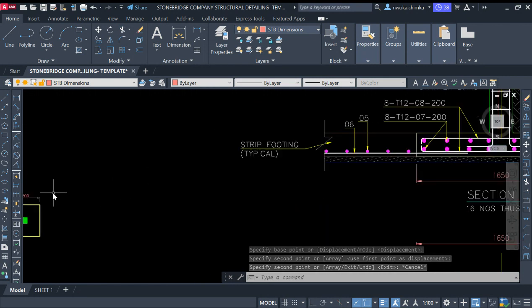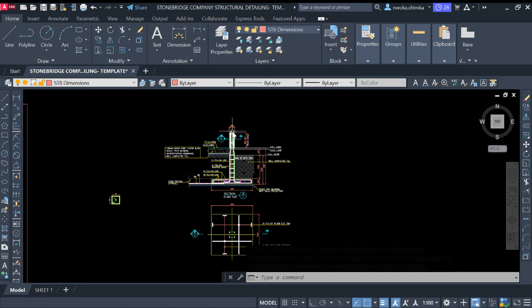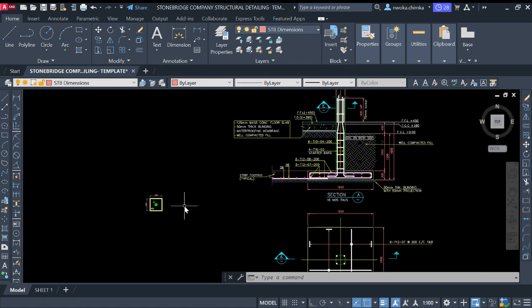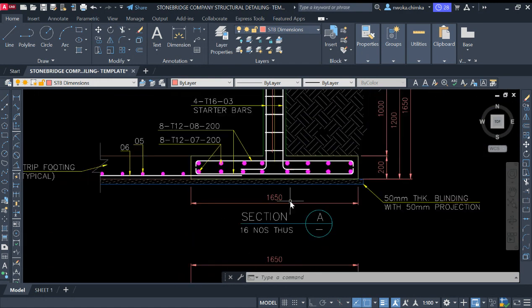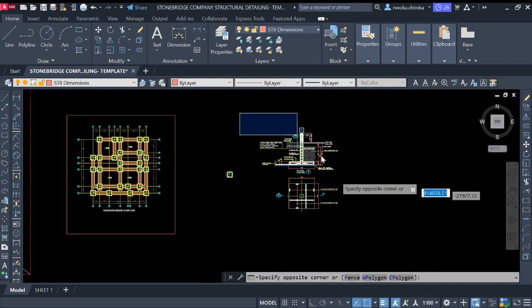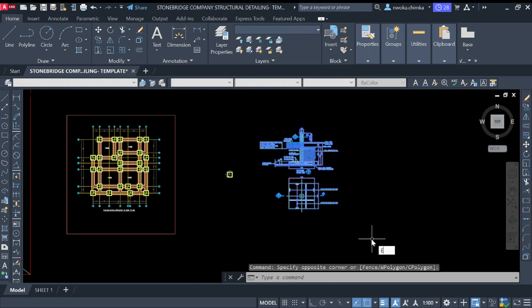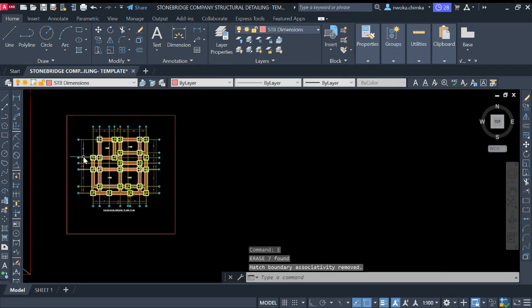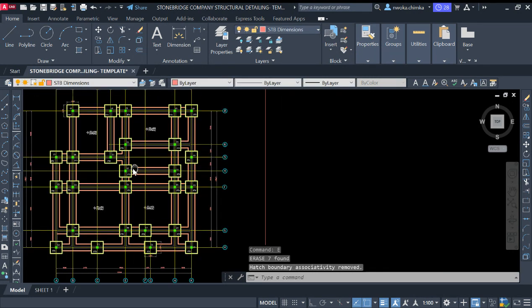of 1.1.2. We'll make it so we have to detail the foundation footing for this 1.2 to look exactly like this. In this case, this is 1.6, which you have as a sample for this Stonebridge component template. So in this for now, right now, let us do this right now and wait for the next video right now. Okay, so right now in this case, right now, we have come to the end